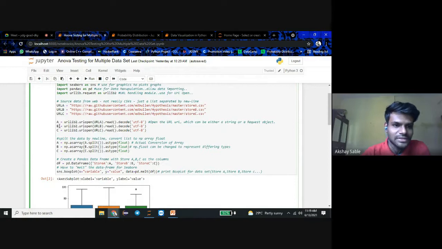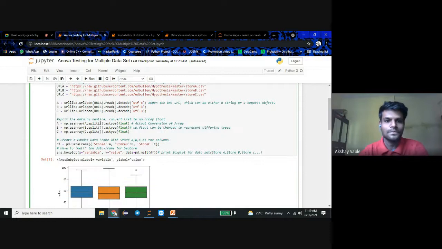For b as well, we use the urlopen function and pass the variable URL b, which means we open the URL b link. For c as well, we do the same thing.